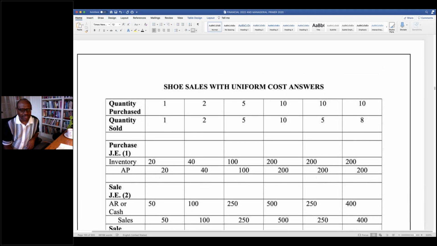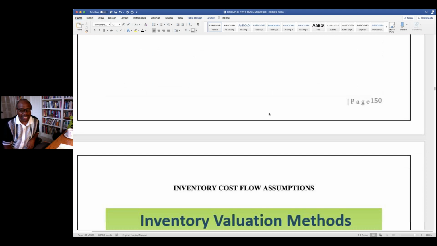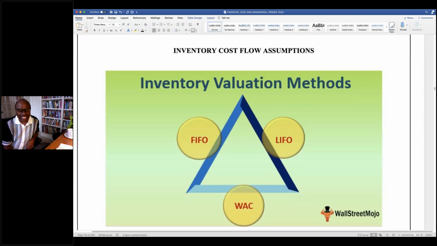So now I got to work this out again for you. Now, you know, all the time, the shoes don't cost the same amount of money when you buy them. So we're going to assume we sell them for the same amount. But sometimes the shoes cost different amounts of money. And if the shoes are costing different amounts of money,